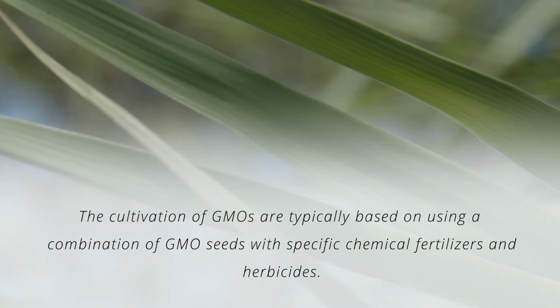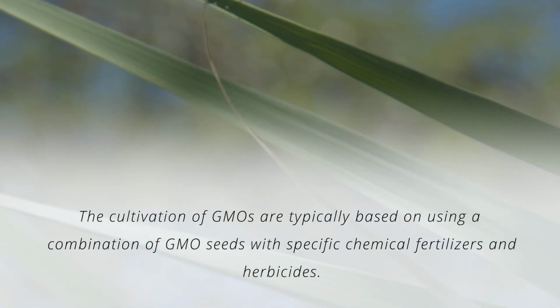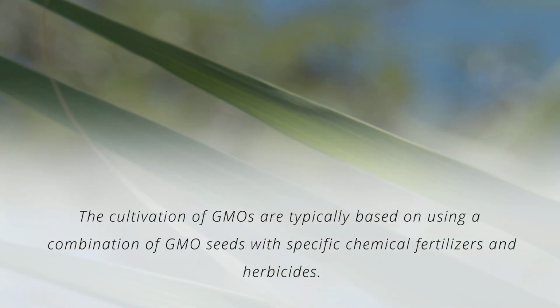Number one, the way GMOs are derived are technically against nature. You take genes from one species and insert them into the genes of another species. As a farmer, you can work with breeding in order to create an improved crop. GMO involves, unfortunately, very toxic chemicals, not only to the farmer having to apply those chemicals, herbicides such as glyphosate